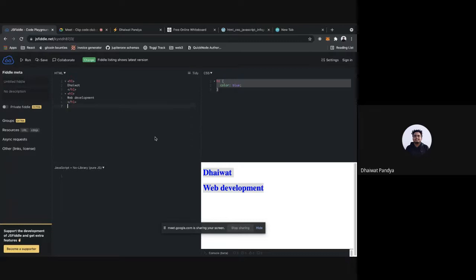So let me give you an example. What's happening here is I told the browser that I want to show an alert which has the text hello in it. So when I press Control S, it shows me the alert. I hope this makes some sense.